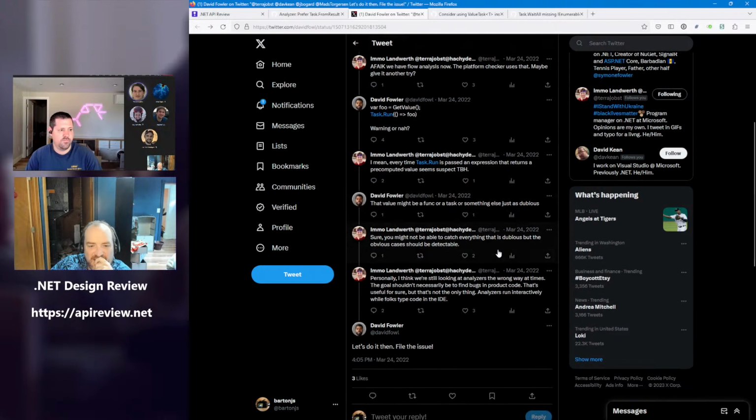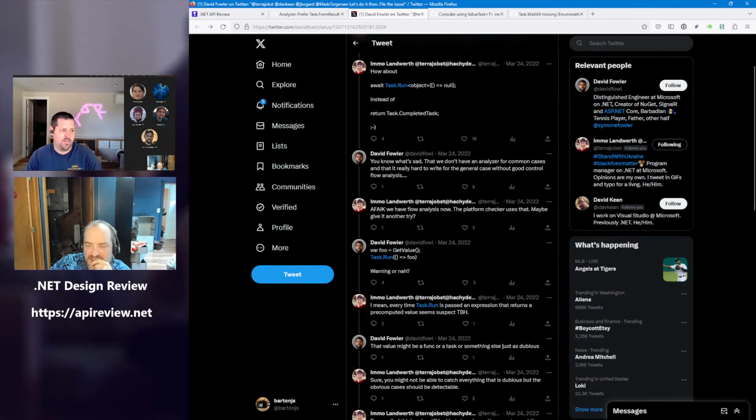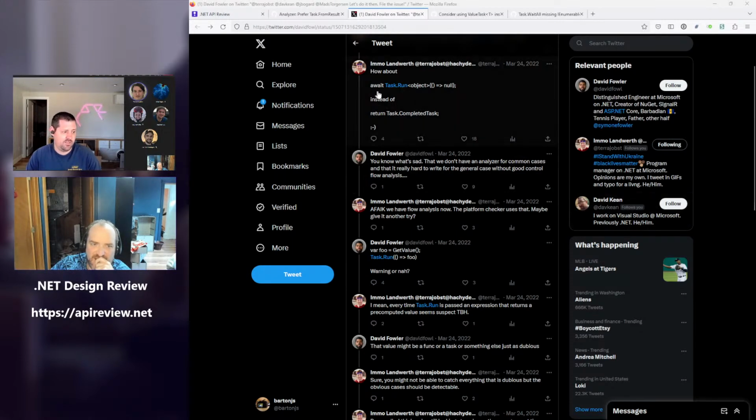People who don't understand task, which I think is most developers. Yeah, but even if they don't understand task, can you point to real examples where people are doing this and shouldn't have been? I'm sure we can find plenty of examples on GitHub. Let me see if I can find any pretty quick. But I think this is the same thing with a lot of our APIs.